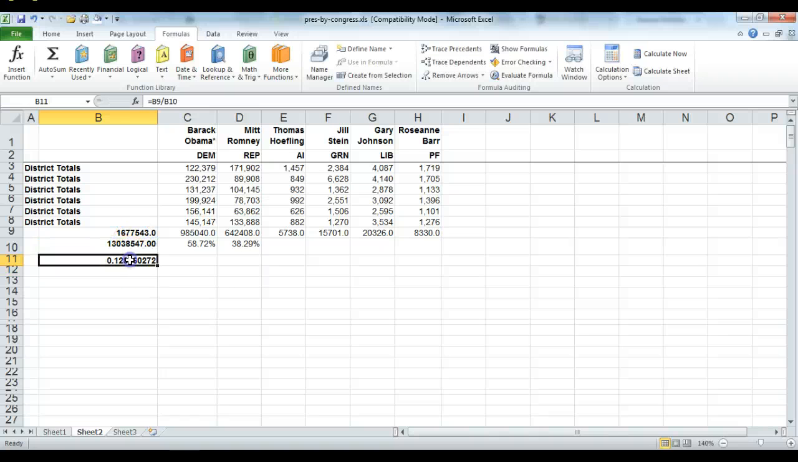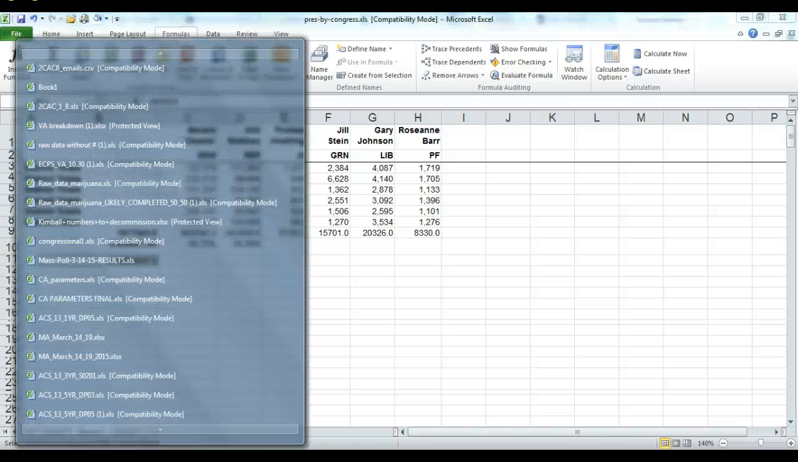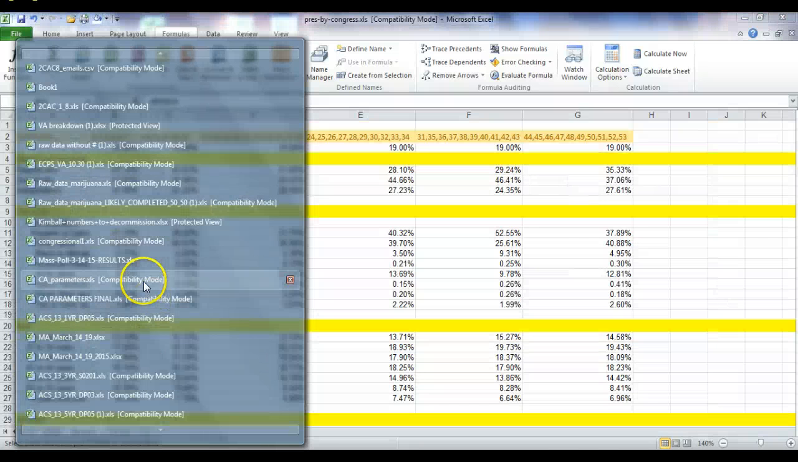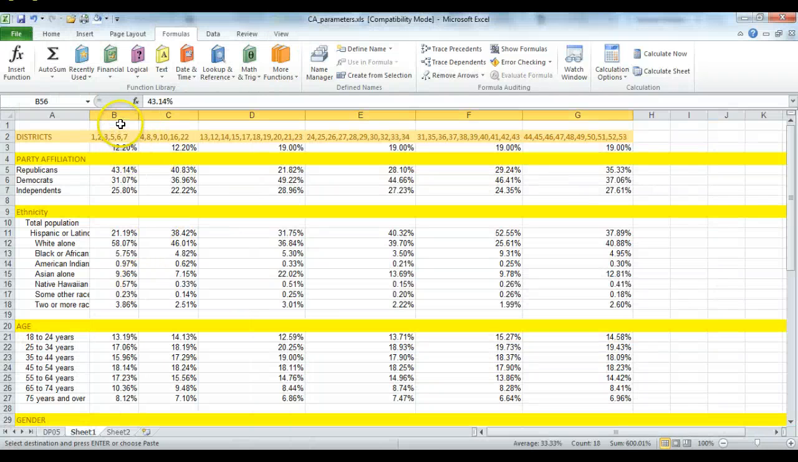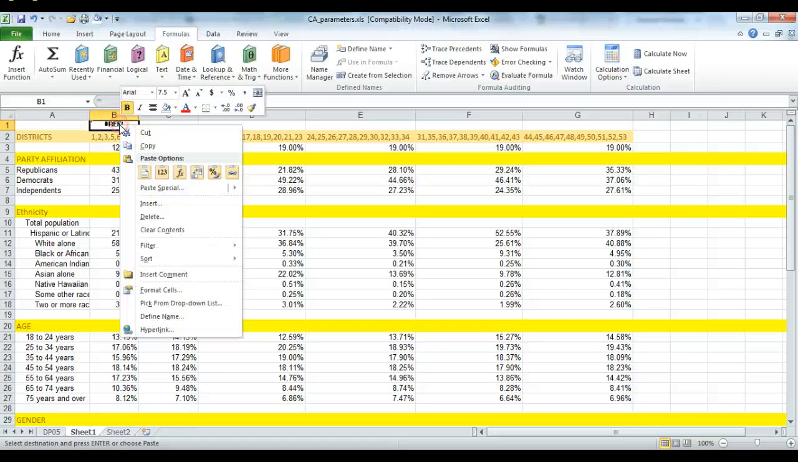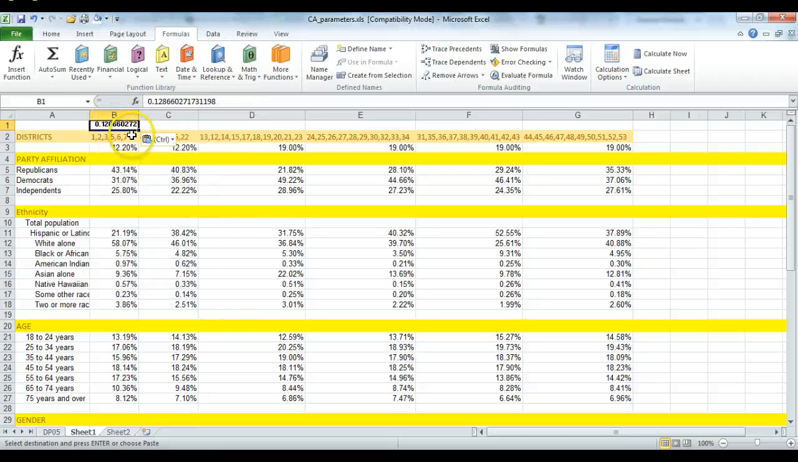And you can see that while the numbers don't differ greatly, there is a little difference in the actual percent of the vote that came out. It was 12.8 or 12.9, and we had it at 12.2. So that's one additional step that you could take when you do your voter turnout analysis, to make sure that it's not just based on the registered voters,